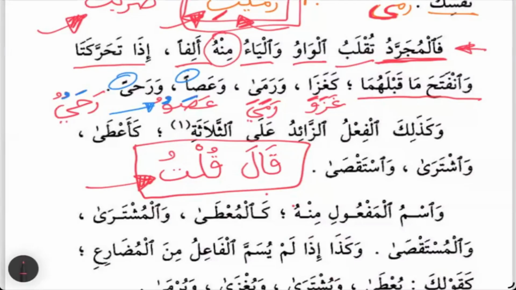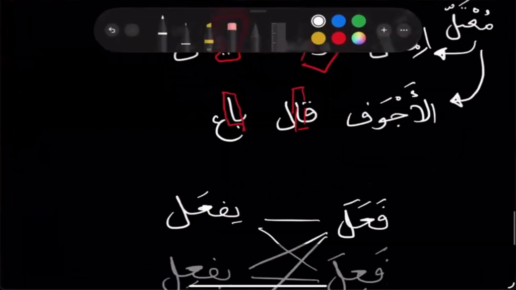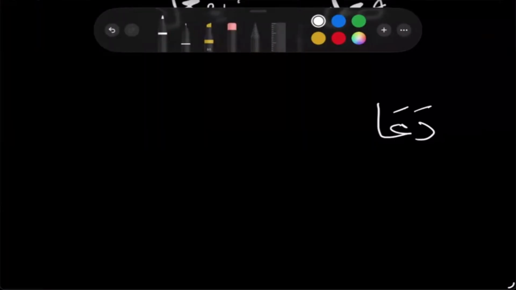تقلب الواو والياء منه ألفا. The waw and the ya in such a verb, this lacking verb, would be flipped into an alif. Now, there was something I didn't mention for you that goes here. The waw and the ya in this NaaqiS verb are flipped into an alif. If the origin of the alif is a waw, we're talking about the end of the word here, then the alif will be a tall one. So when you see da'a, then you know that the origin of this alif is a waw.